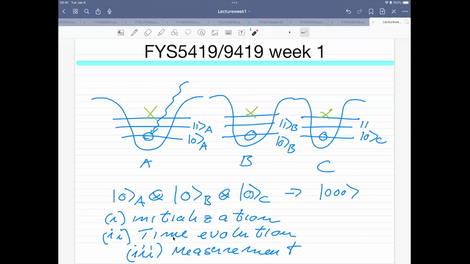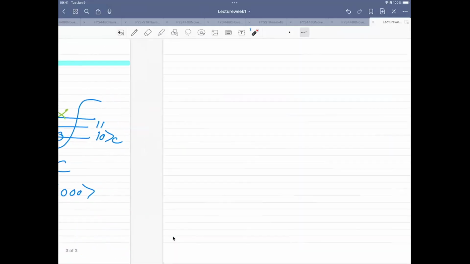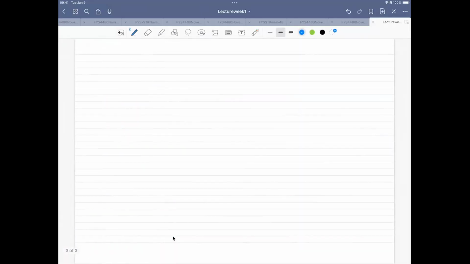We will abstract ourselves a little bit from the experimental side, and we will simply assume that initialization is something which can be done. Then we are going to set up algorithms where we act on the state. So essentially what we are going to do now, if you look at part 2,